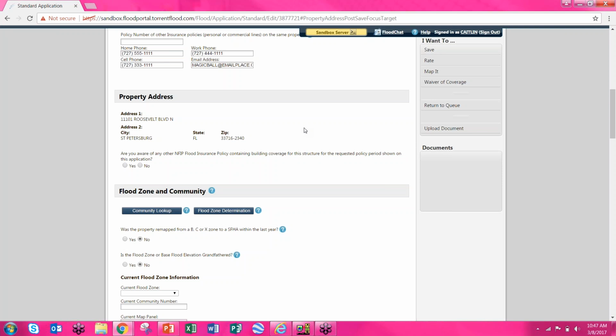Now, if they're buying this from an owner and the owner does not want to sign their policy over, that does not count in this situation because they will be canceling the policy effective the date of the closing, which is the date the insured takes over. This insured will take over. So that doesn't count. But if Ms. Ball had an